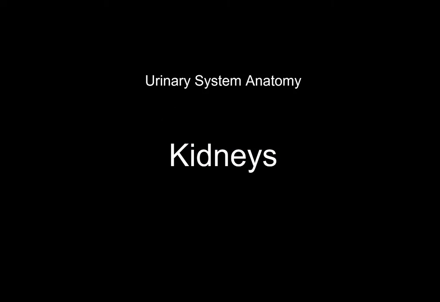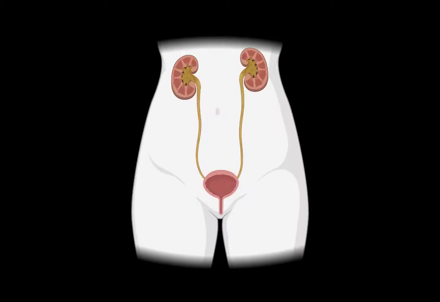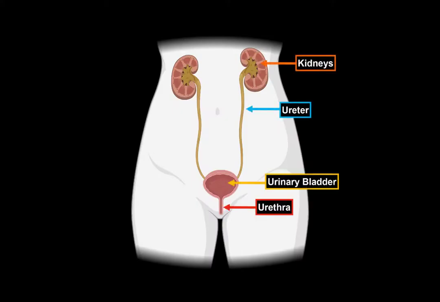In this segment, we will be talking about the anatomy of the kidneys. So the urinary system consists of all the organs involved in handling the urine. These are the kidneys, the ureter, the urinary bladder, and the urethra. Our goal is to cover the anatomy of all the structures you see here, step by step, and we will